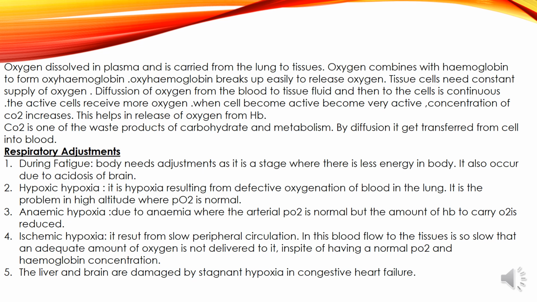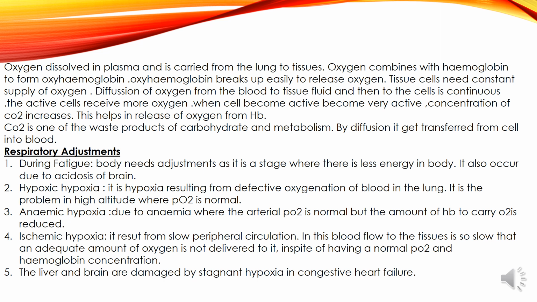It is hypoxia resulting from defective oxygenation of blood in the lung. It is a problem in high altitude where PO2 is normal. Anemic hypoxia is due to anemia, where the arterial PO2 is normal but the amount of Hb to carry oxygen is